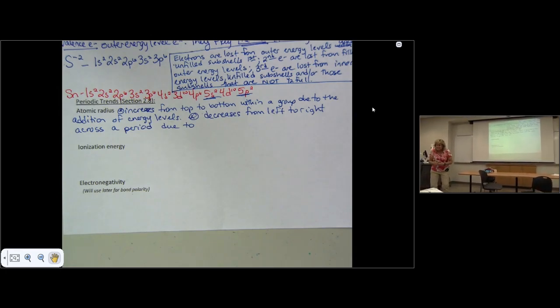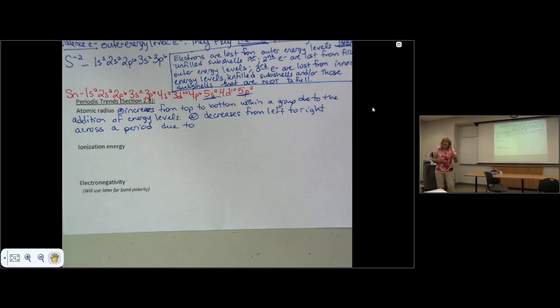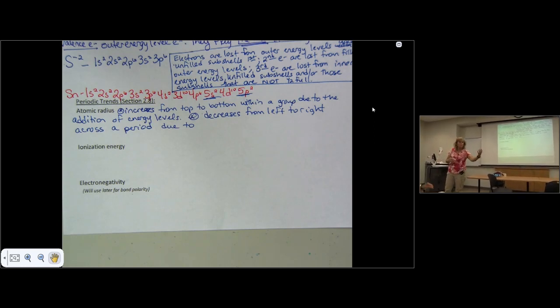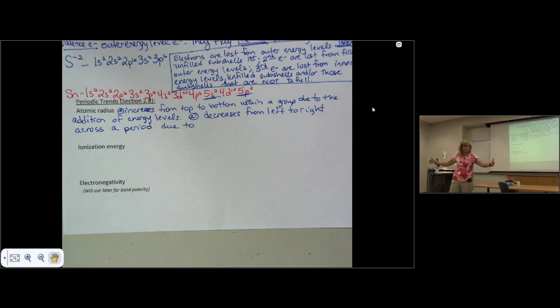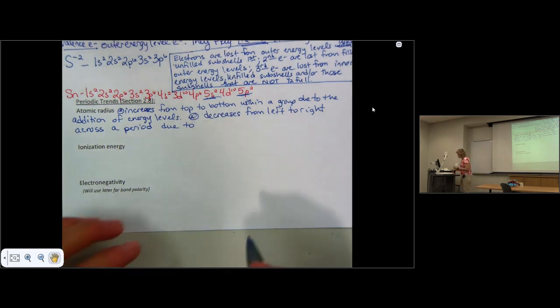The positive pull has more negatives to pull on, and they're not far, I mean, they are in their outer energy level, but what happens? That more attractive force gets greater and greater, and so what does the atom actually do? It starts to shrink. It actually decreases in size. And so what you can say is decreases from left to right across a period due to